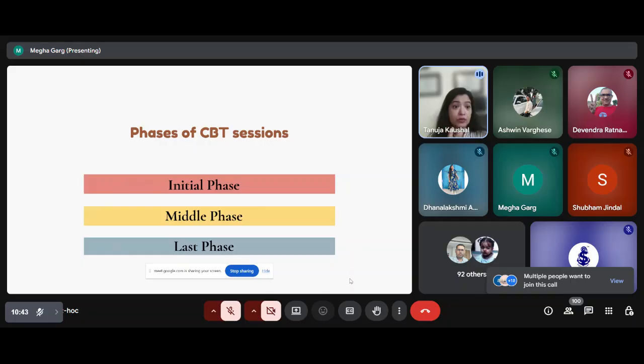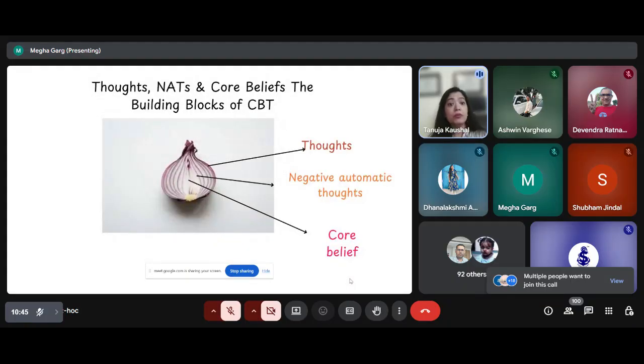And these negative automatic thoughts sometimes come from deeper core beliefs, which we work upon over a period of time. We reach core beliefs through strategies like the downward arrow technique, and we can work on the deeper core beliefs also in the further course of CBT. But we start with automatic thoughts, and understanding these layers of the onion or mind helps us know how to make